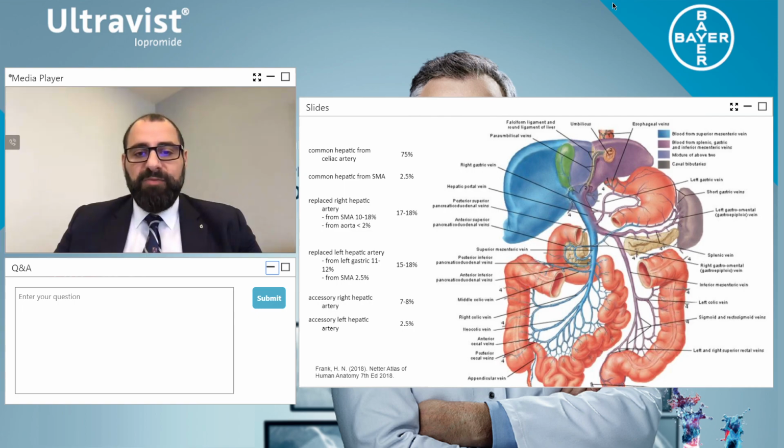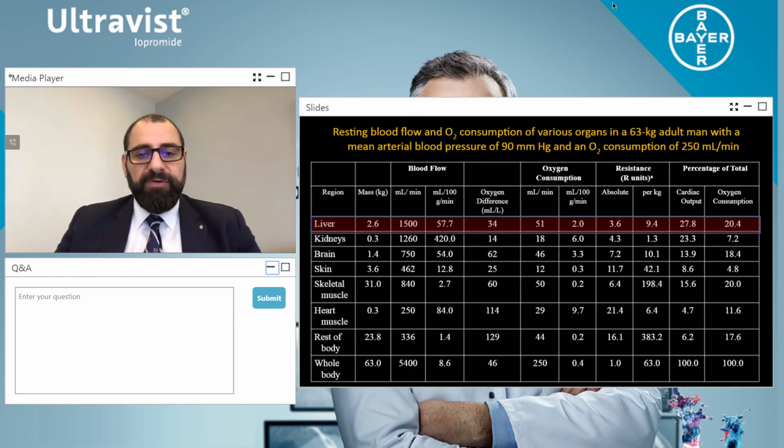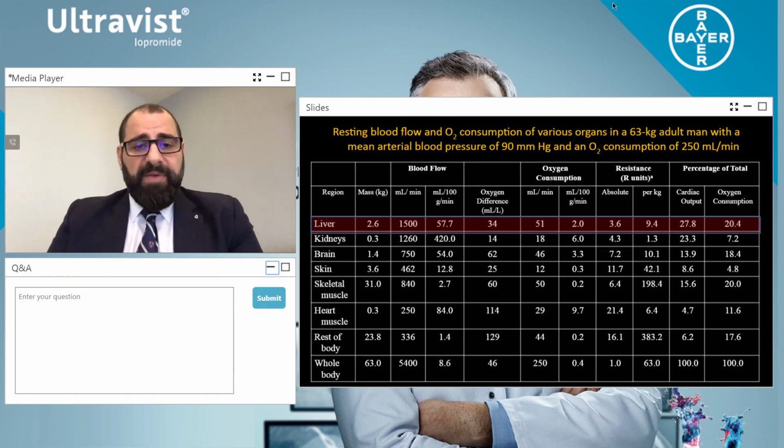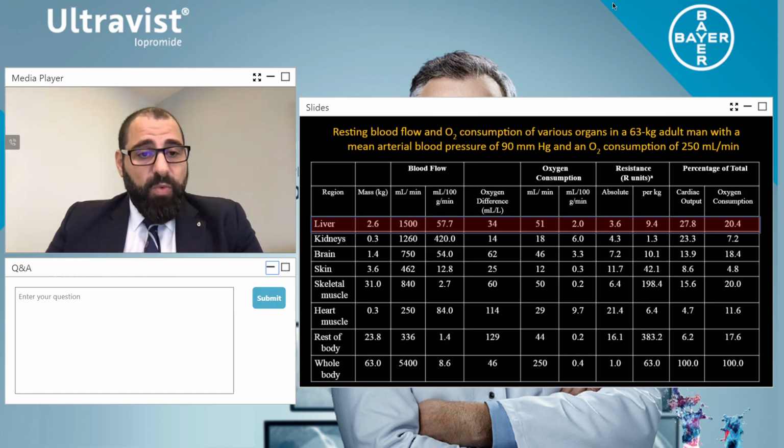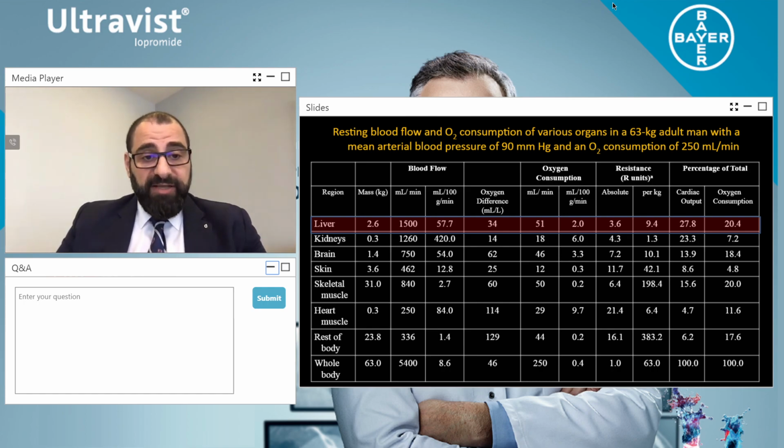amount of blood which is leaving the cardiac output that's going through the liver. Well, if you think about it, the liver is about 2.6 kilos, and it's pumping every minute 1.5 liters of blood. So this is a highly vascular structure, and there is high turnover of blood within there. So this is where it's important to get the contrast at the right place and at the right time.